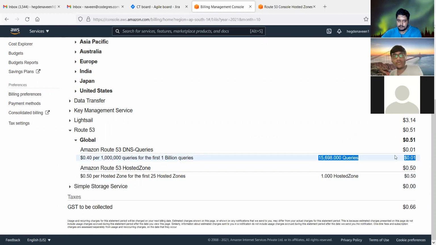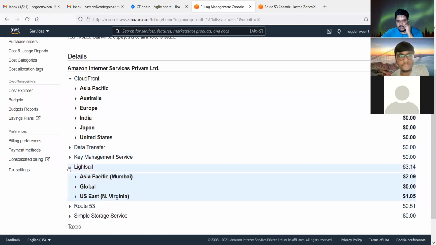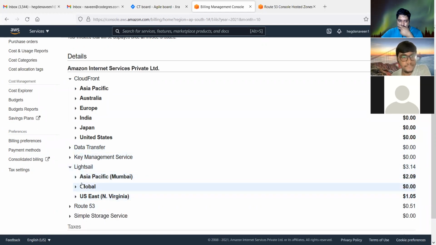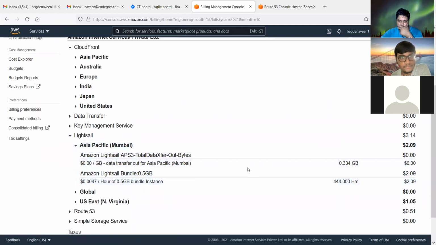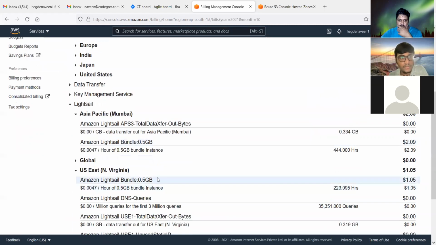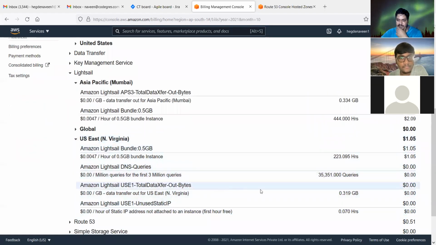I want to know for one specific instance only. Here, let's say Lightsail I'm using. So these are two different instances, three different instances.